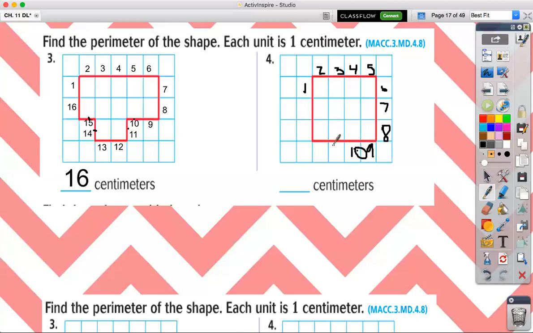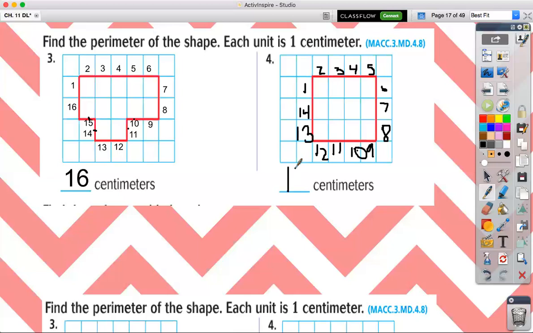I can get, there we go, 10, 11, 12, 13, and 14. You should have gotten 14